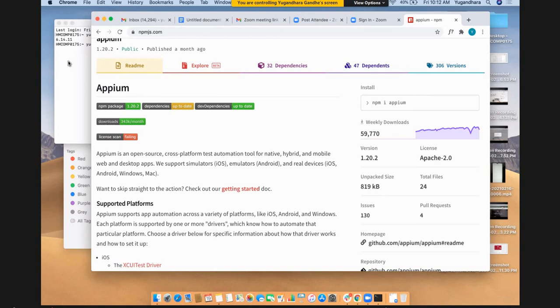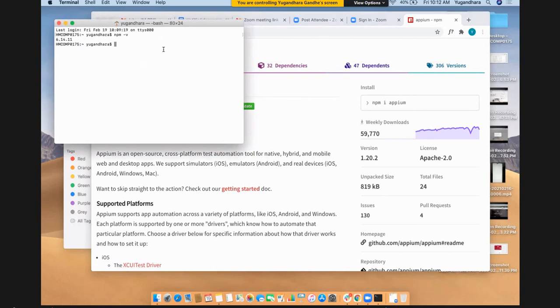So I'll go to the terminal again, which I have opened here, and I will say npm. But before I do that, let's first check what is our current directory, pwd. So this is my current directory. So when I say npm i apm, this is called a local installation. Local installation means what?